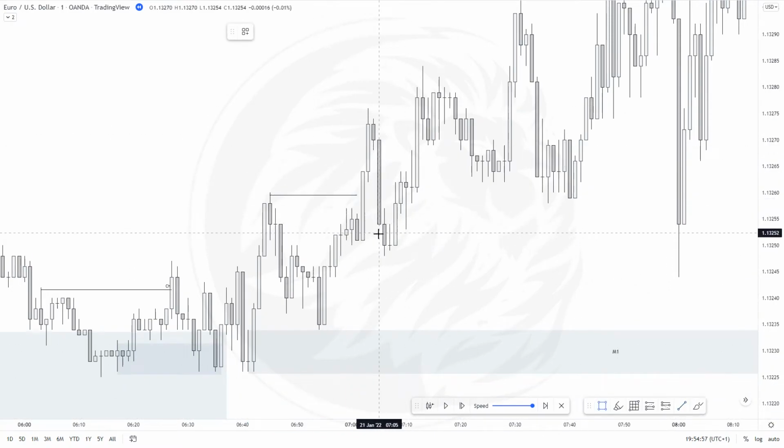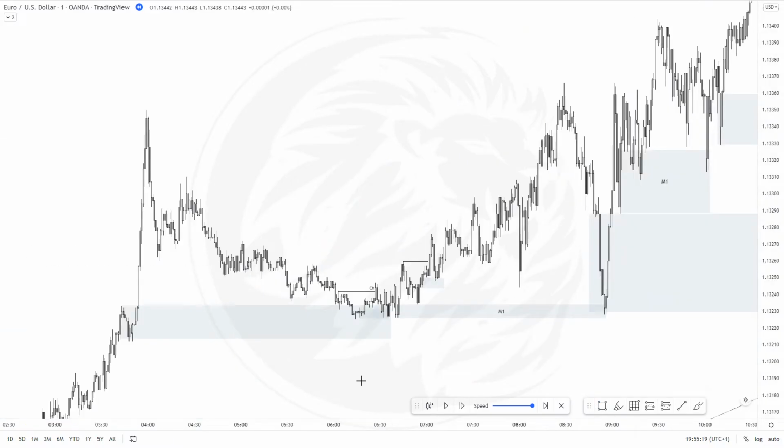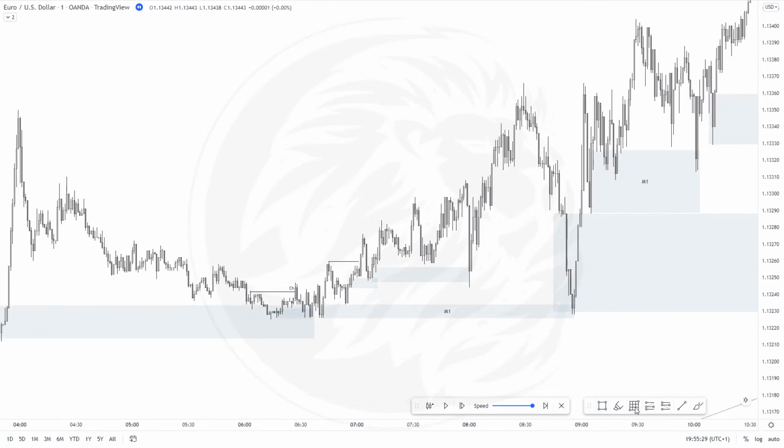In this case, price follows this decisional here. As we can see, we have big mitigation in M1 following the extreme here. Here it swept a little bit of liquidity. Price follows this order flow before